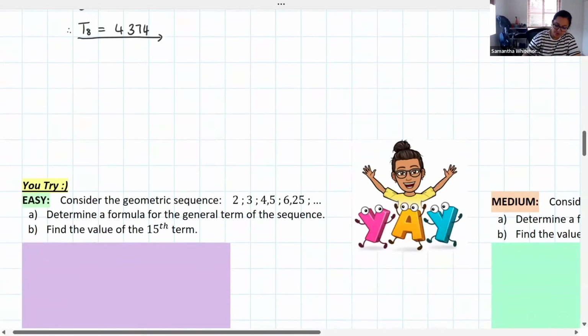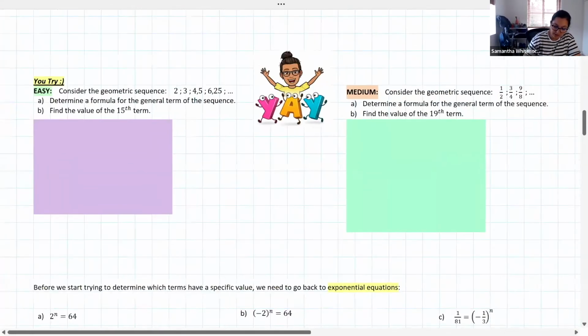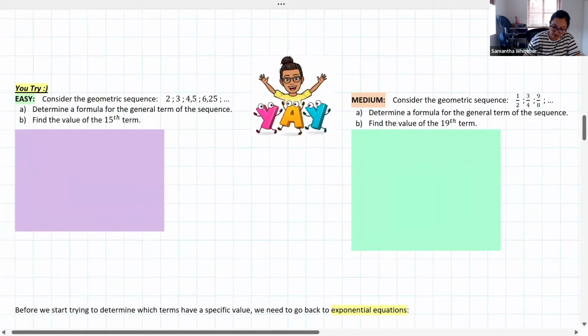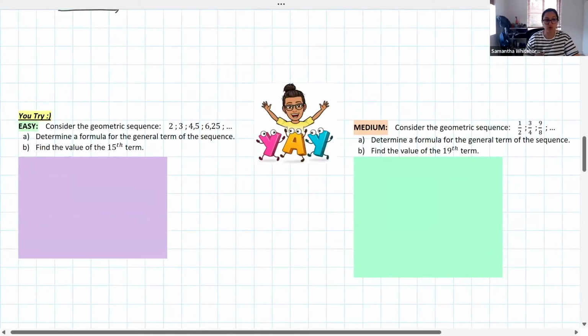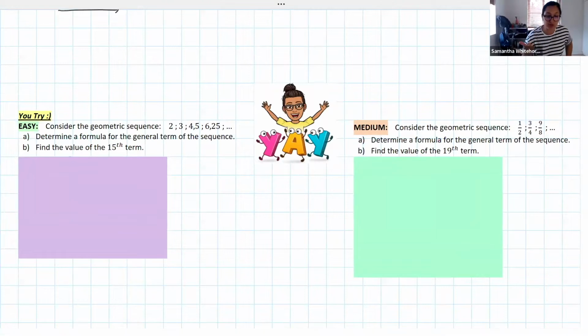Alrighty, so here are your you try examples. Again, you've got easy and you've got medium. You decide which one you want to do. And there's 2 questions for each. Determine the general term or the nth term, as well as determine the value of one of the terms. For each of them, it's different. You decide which one you'd like to try, either the easy one or the harder one, and give it a